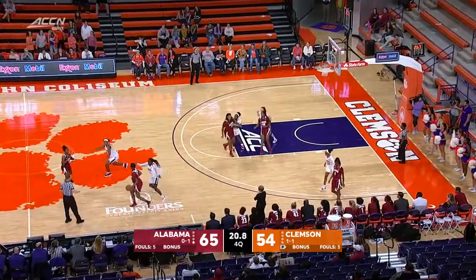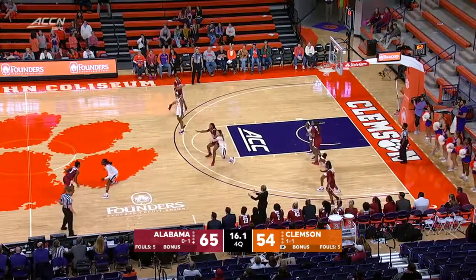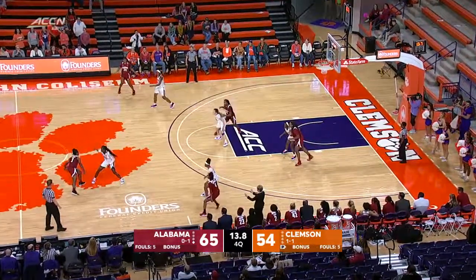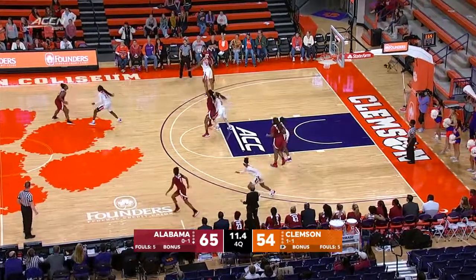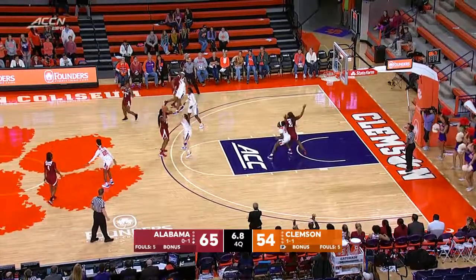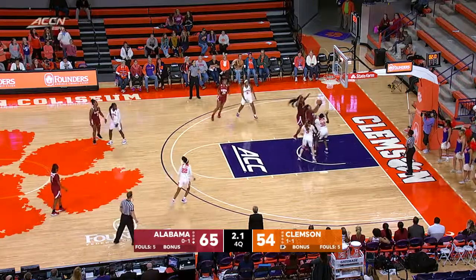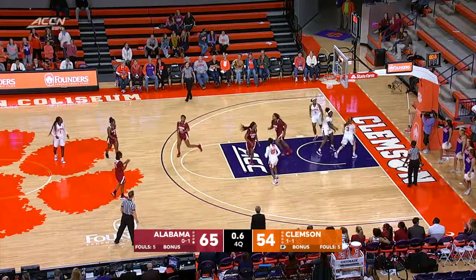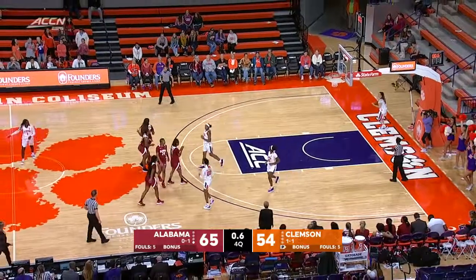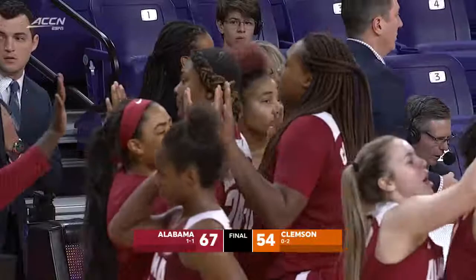Benjamin hands it off to Lewis. 18 seconds. Lewis can just dribble it out front. Thomas on her defensively, but Lewis doing a good job of handling the rock. Now picks up the dribble. Gives it to Walker. Will dump it to Copeland. Copeland mismatch inside against Cotton. Puts up the shot. No. Copeland the rebound. Stick back good. And with 0.6 seconds left, that's going to close it out. 67-54 will be our final here tonight in Littlejohn Coliseum. As you see Amanda Butler, head coach for Clemson, already over in front of that Alabama